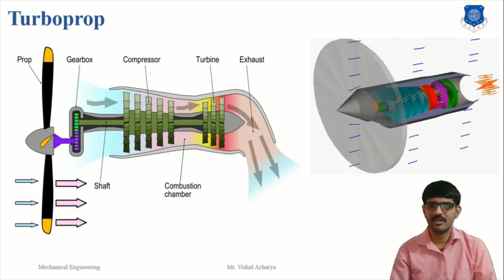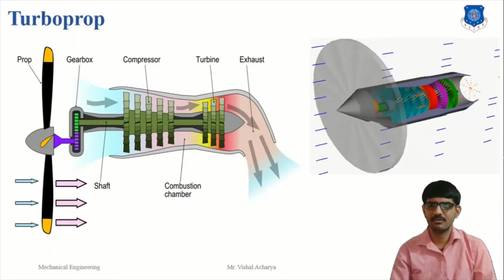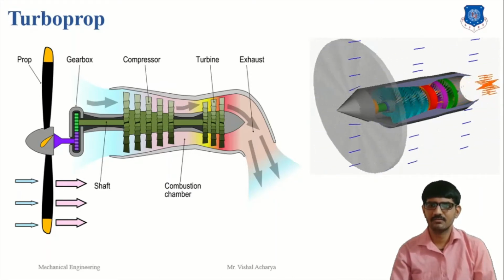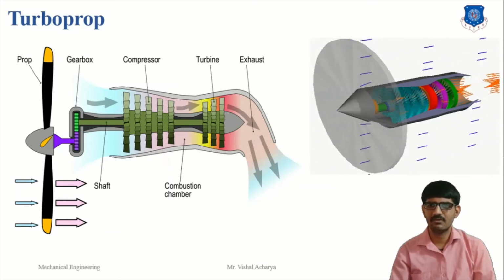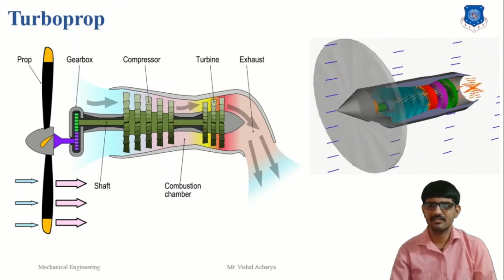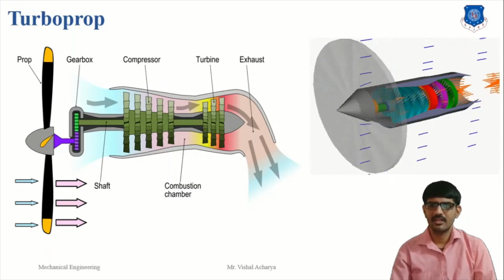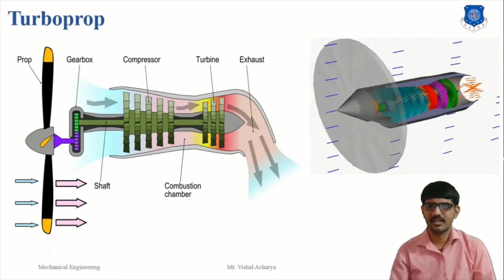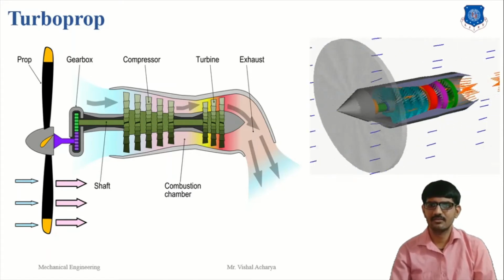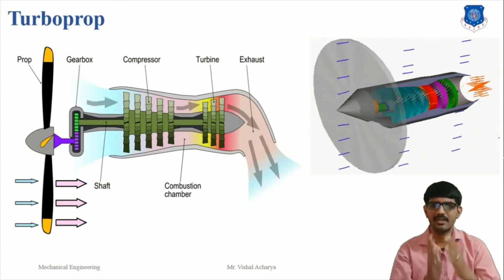One stage of the turbine drives the compressor and the other drives the propeller. Thus, the turbine expansion is used to drive both the compressor as well as the propeller, and less energy is available from the expansion in the nozzle. Due to the lower speed of the propeller, a reduction gear is necessary between the turbine and the propeller. About 80 to 90% of the available energy in the exhaust is extracted by the turbine, and the rest, about 10 to 20 percent, contributes to thrust by increasing the exhaust jet velocity. Here the total thrust produced is the jet thrust plus the propeller thrust.